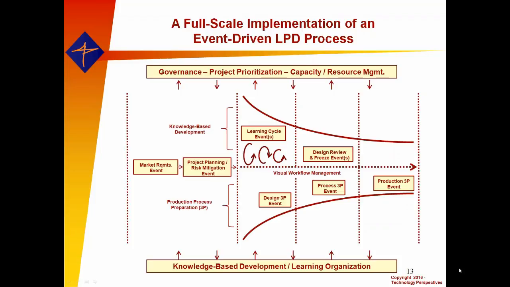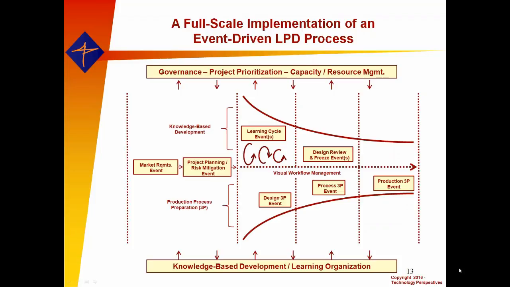execution process. The market requirements event is the front end, literally the kickoff of a given project, followed directly by a project planning event and a risk mitigation event. Then as we get into the development, you notice there's a funnel there with two halves. The lower half is the manufacturing process development activity. And we use here the Toyota-inspired production preparation process, or 3P process, and there are events associated with that throughout